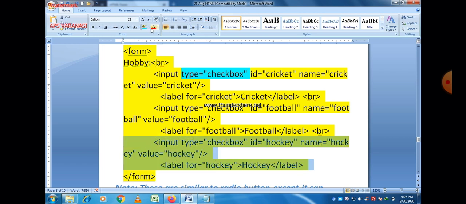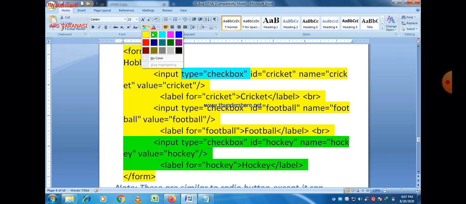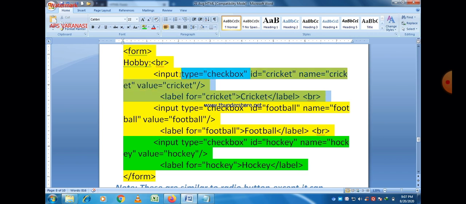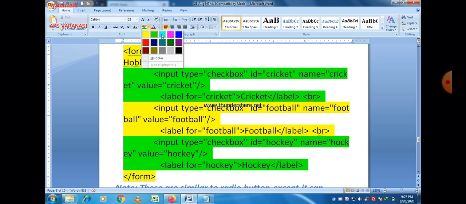Value parameter is used with the radio button, and it is also used with checkbox. Now you can easily see that there are three different parts of this program, three different combinations of input and label here, which show three different checkboxes.